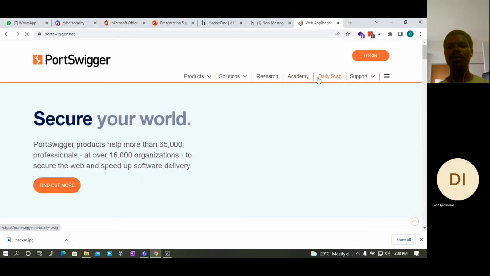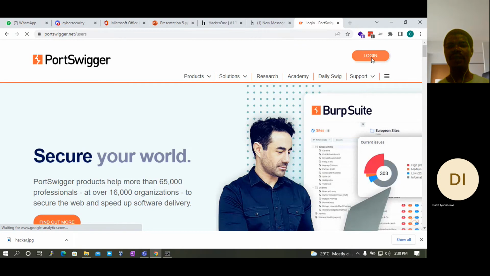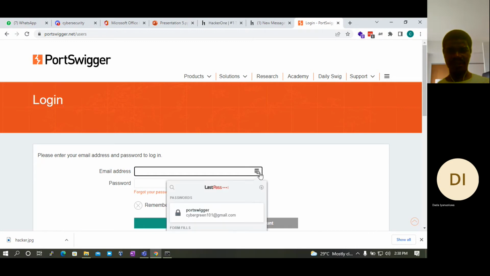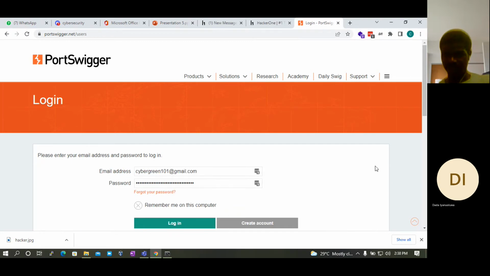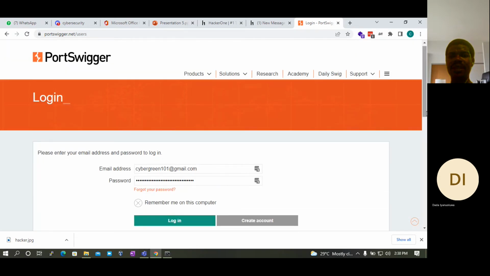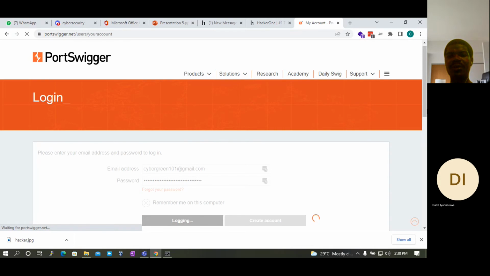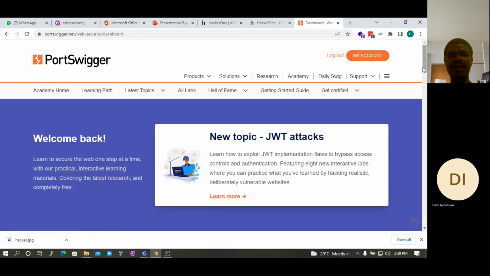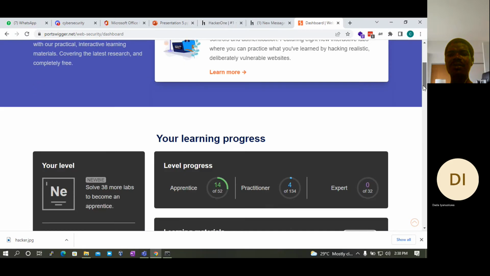You need to first of all register, right? I have an account here. I will just automatically pop in my credentials. This is part of security. I don't know if you have heard about password management. You can see that I didn't have to type my email address and my password. There's something called a password manager that I'm using, and it inserts them for me. So I will just log in now. As you can see, this is the place I'll be coming to under Academy. From here, you can be practicing what is known as